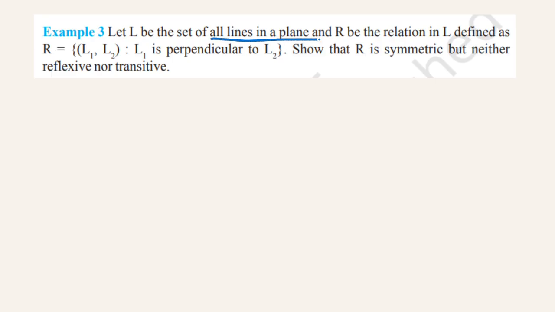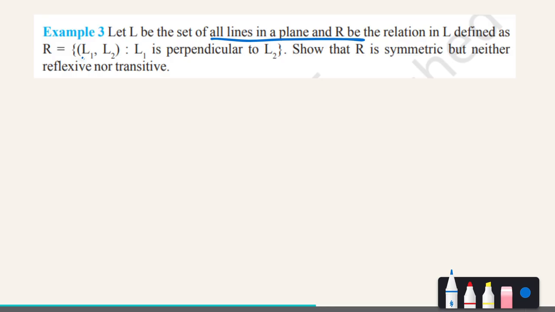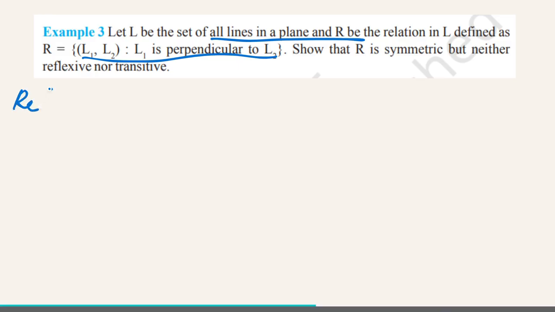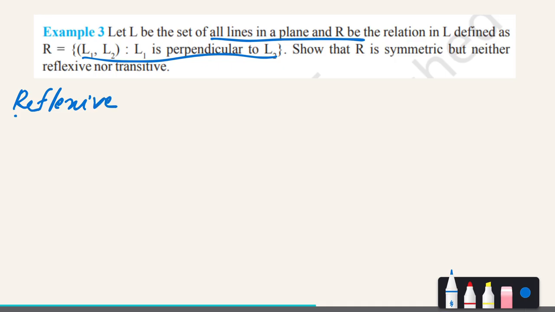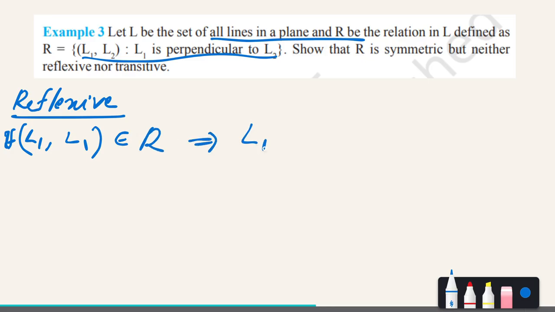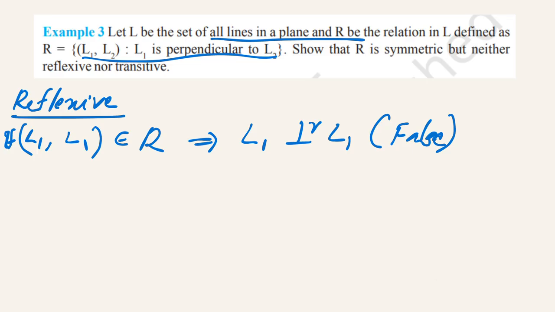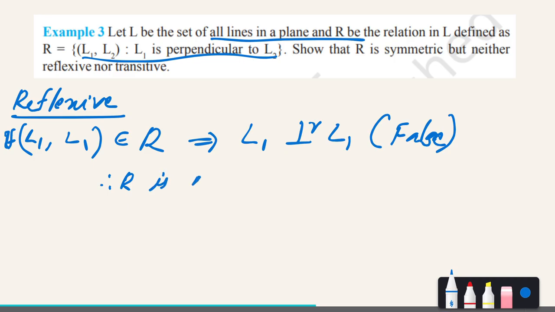Here L is the set of all lines in a plane and the relation R is that lines are perpendicular to each other. For reflexive, first you have to write the condition. If we consider (L1, L1) belonging to R, then we have to say L1 is perpendicular to L1. Is this correct? It is false. No line is perpendicular to itself. So the statement is false. Therefore, R is not